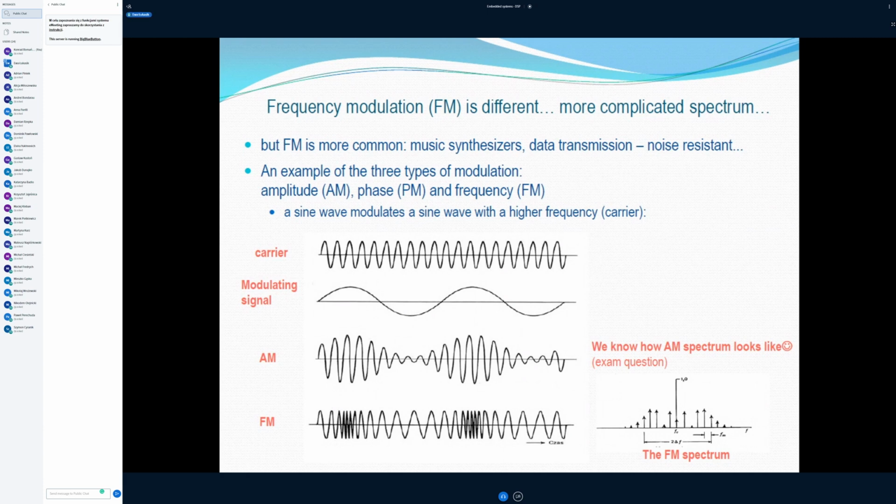Because when analyzing the signal got by the receiver, we don't pay attention to the amplitude. We rather pay attention to the frequency of the signal. That's why the amplitude of the modulated signal, which might be disturbed by various clicks, noises, and so on and so forth,